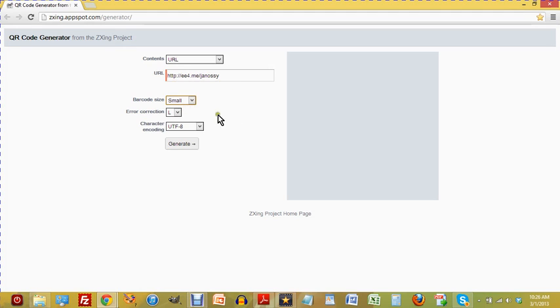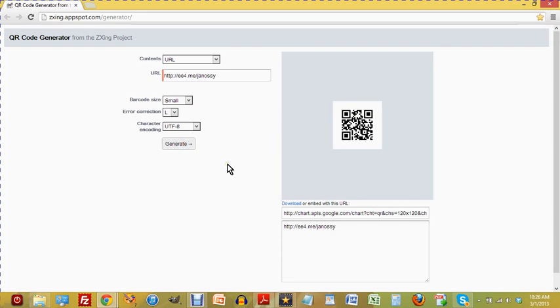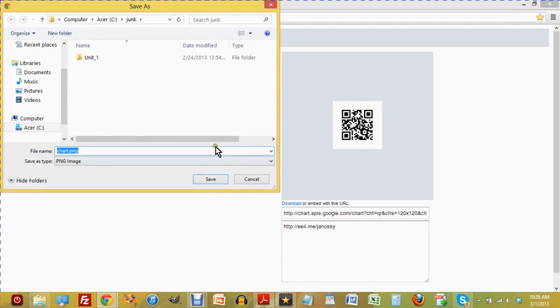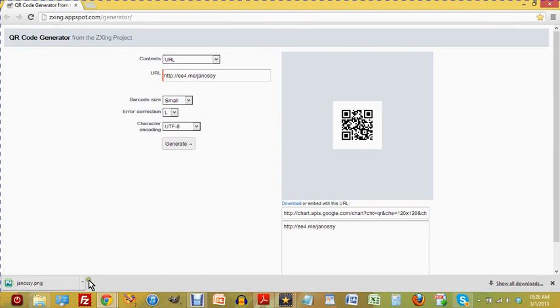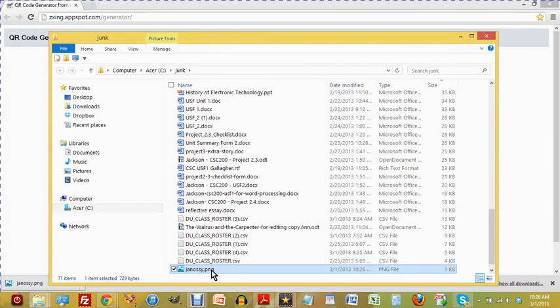To create a QR code for that, it's as simple as putting the URL in here. I always choose the small size of the QR code and generate it. This I can now right mouse click on. I can save the image as, and I might save it just for the purpose of demonstration here. This is janossy.png, and I'm going to save it. Now if I go look at this, I'm going to, at this point, just preview it.